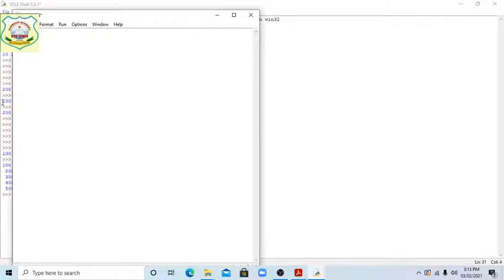Name equal, and we should take the input, enter your name, close this one. Same way we will write age equal input, enter your age.